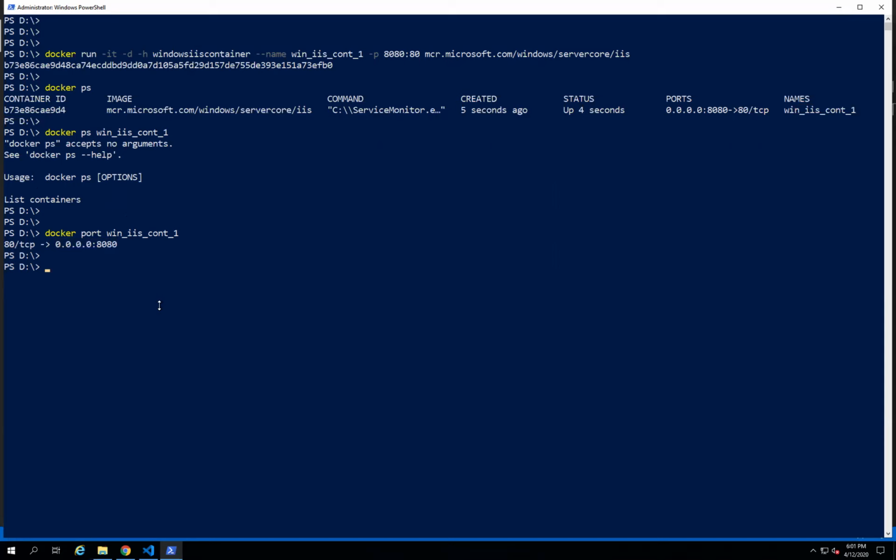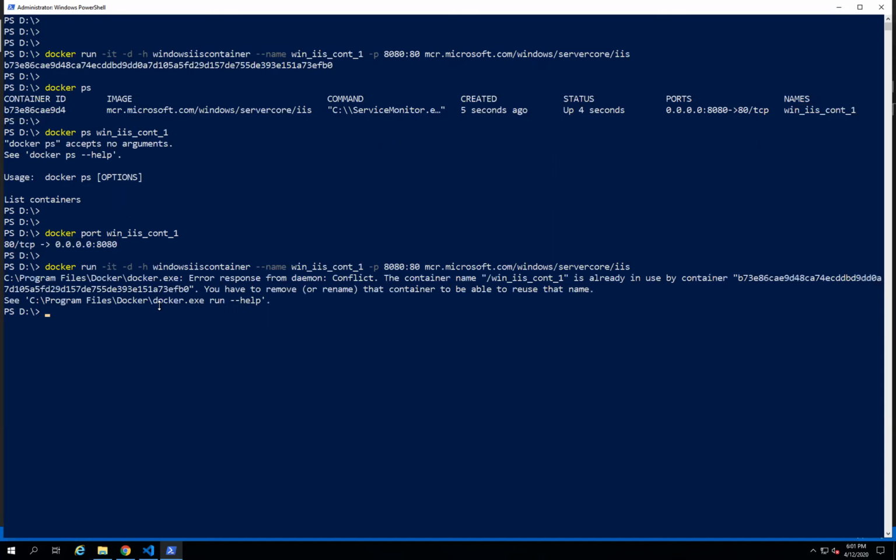And if I execute the same command again, what will happen? It's not going to work because of the name. It is conflicting, right? So let's change the name: Windows IIS container 2, and the host name also Windows IIS container 2.